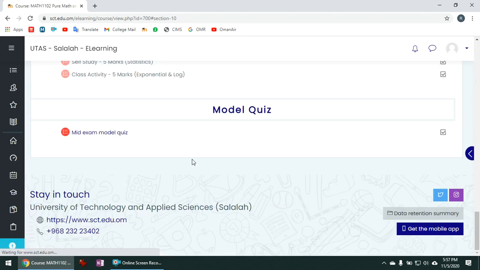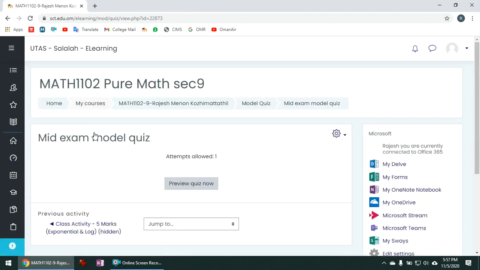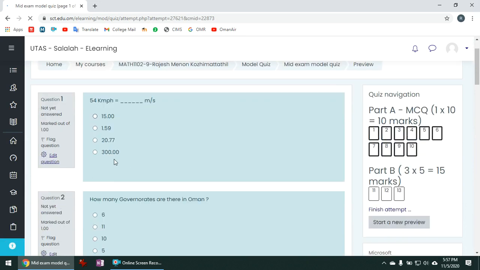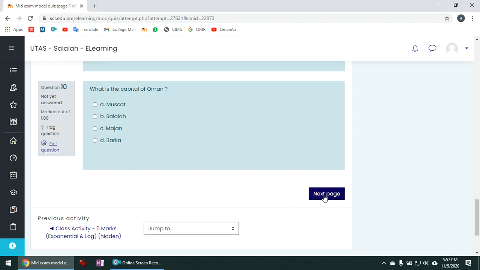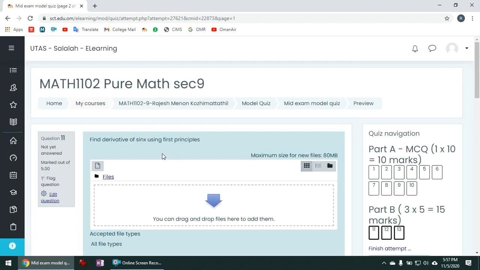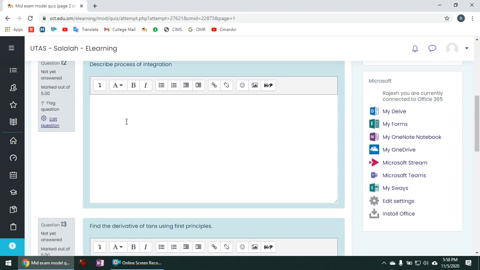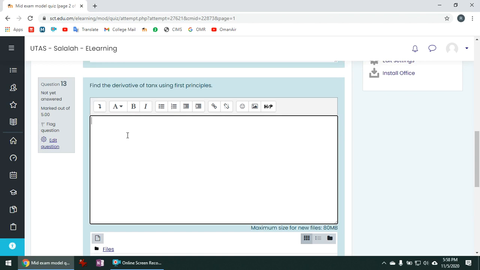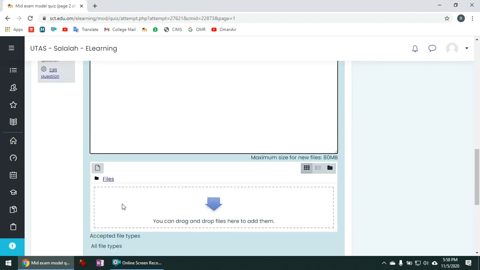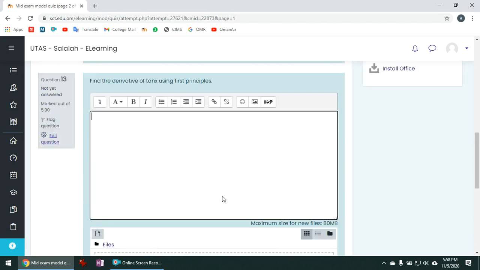Now go to the model quiz. Let's see the preview. So the 10 multiple choice questions you can see are on one page. The student has to click the next page to go to the descriptive questions. So for descriptive questions, there are 2 ways. One is you can keep the question and only the option to file upload, or the question and there is some space for adding the text only, or there is an option you have a text entry as well as the file upload entry. So how is it possible?